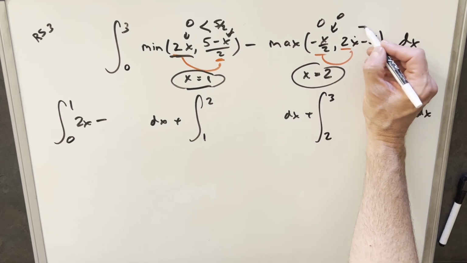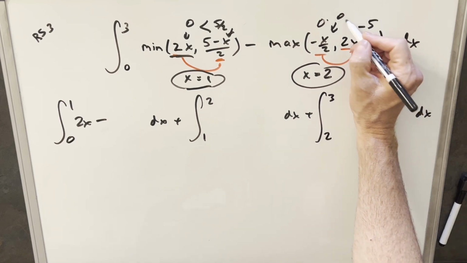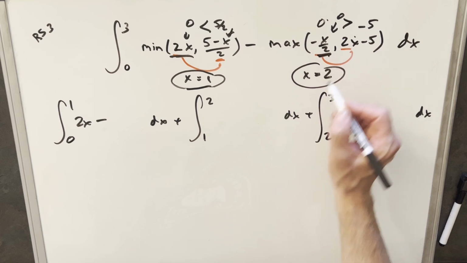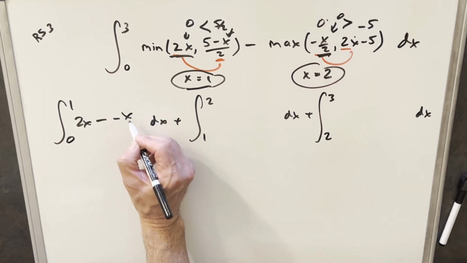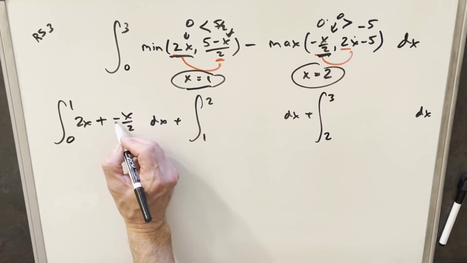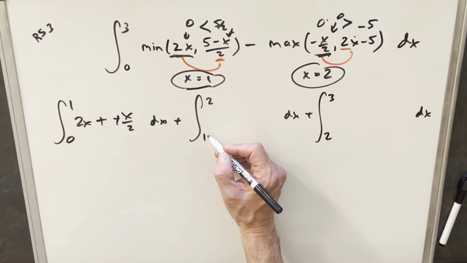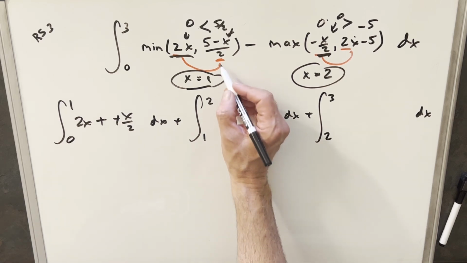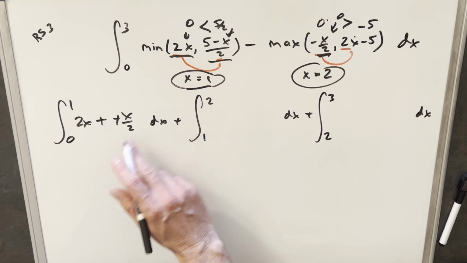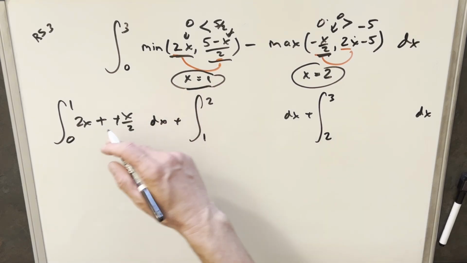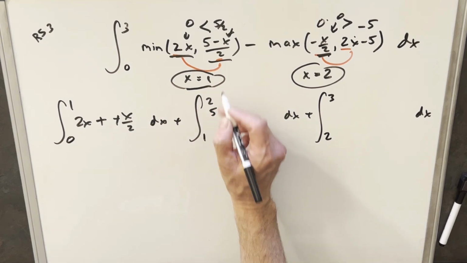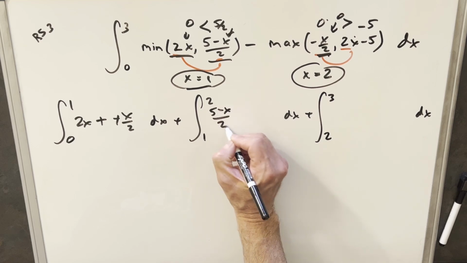If I plug a 0 in here, I get minus 5. And 0 is greater than minus 5, so our max function is going to be this minus x over 2 here. But we have minus times minus, so I'm just going to change those to pluses. And then between 1 and 2, we know our min has to be this other function because we determined they intersect at 1. So it's got to change from 2x to this other function, which is 5 minus x over